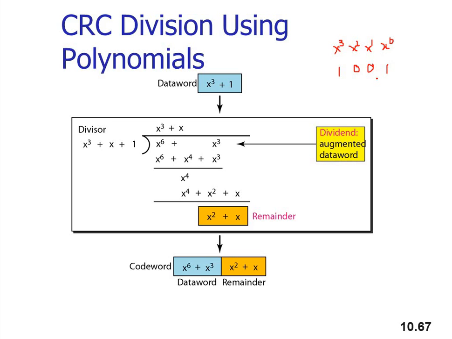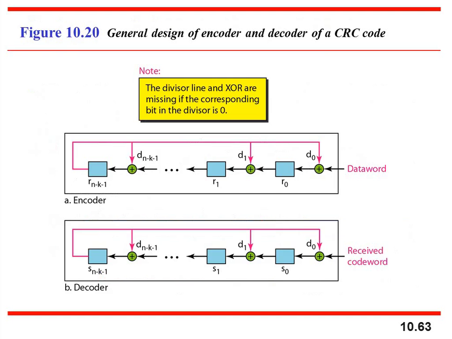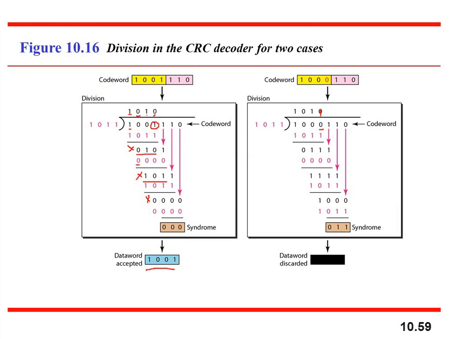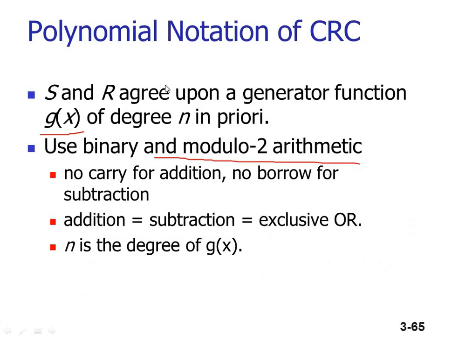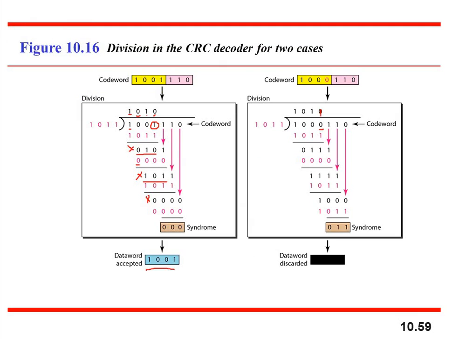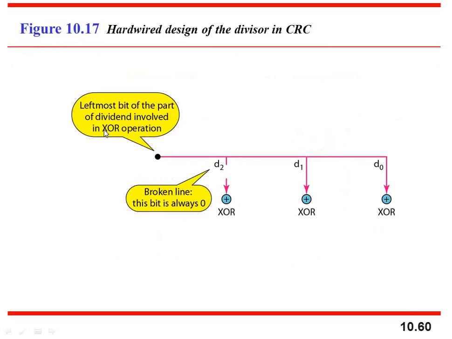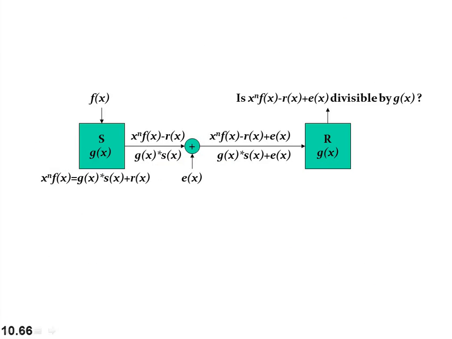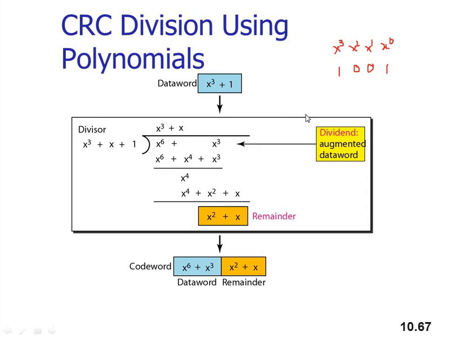So you can consider the previous case also. You just go through this previous case. This is 1 0 0 1. Now you just try to identify this divisor also. This is 1 0 1 1. Now I'll try to write it over here so you'll understand it. x cube plus x plus 1. So in the same way I'll write it here. This is my data word. This is my data.